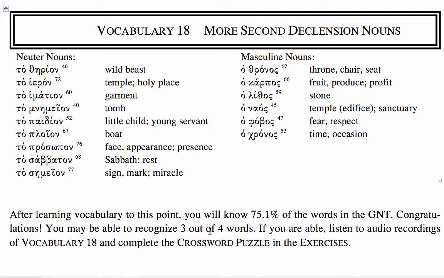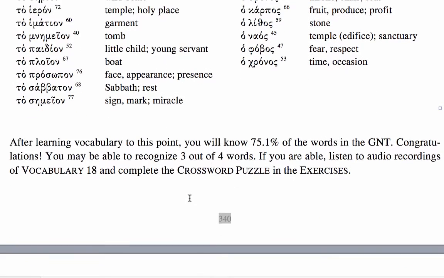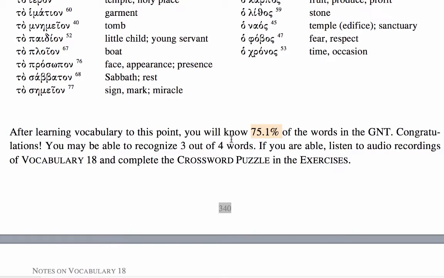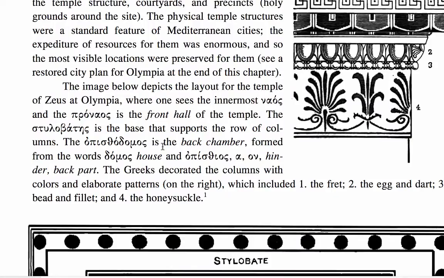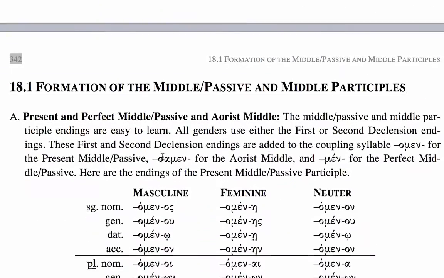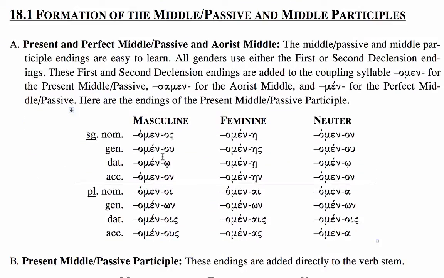Masculine nouns include o thronos, throne, chair or seat. O karpos, fruit or produce. O lithos, stone. O naos, temple or sanctuary. O phobos, fear. And o chronos, time or occasion. So after learning this vocabulary, you will know 75% of the words in the Greek New Testament. Be sure to read the notes on vocabulary, and let's look at the formation of the middle passive and middle